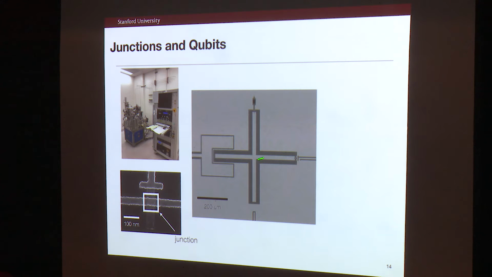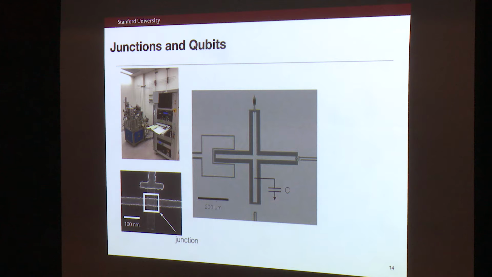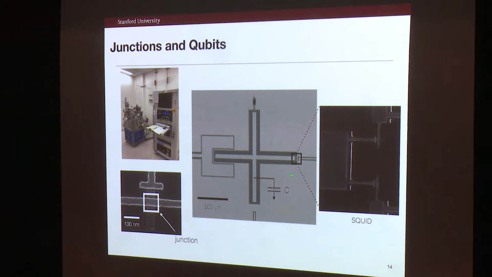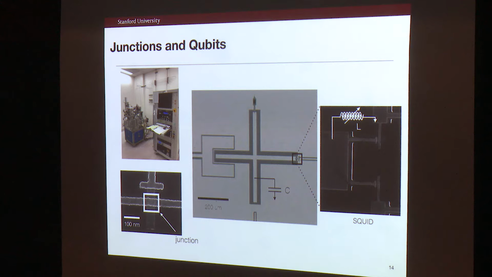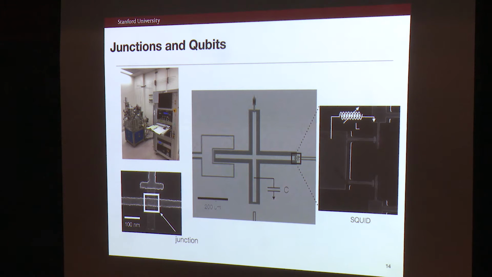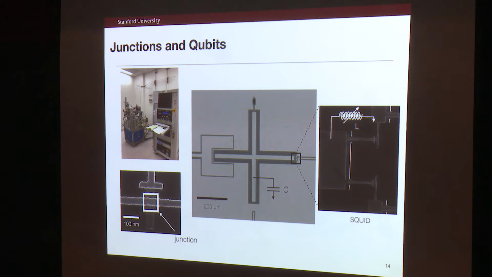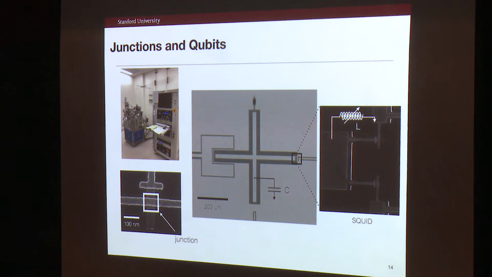This is one plate of a capacitor, and there's a capacitance to ground. So the ground plane is what's surrounding it, and so now you have a capacitance, and your junction here acts essentially as an inductor. So you have an LC circuit, and an LC circuit, you can think of it as a harmonic oscillator. So there's a degree of freedom, which is the phase, and there's another degree of freedom, which is the charge, and they're complementary the same way position and momentum are complementary.